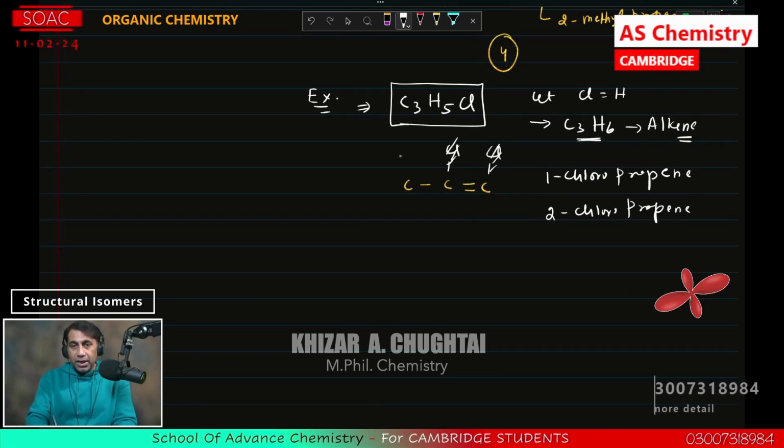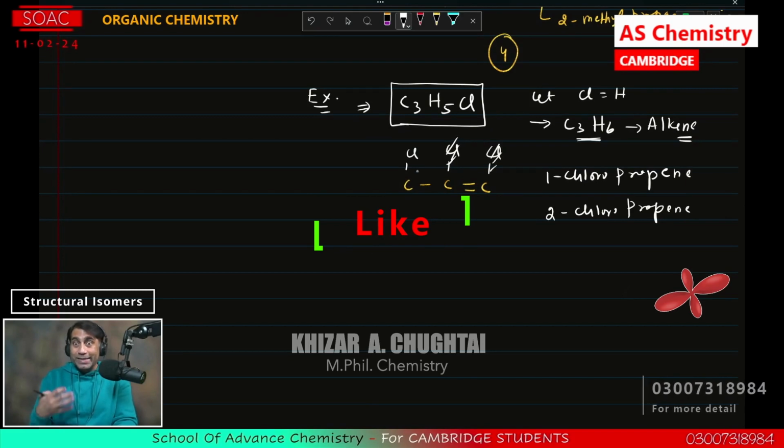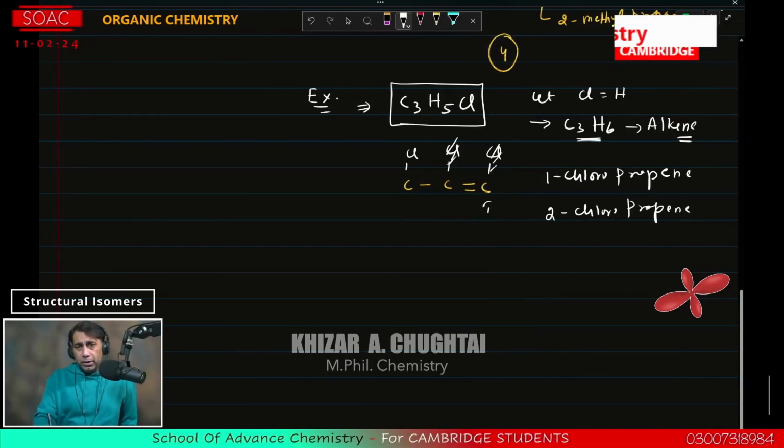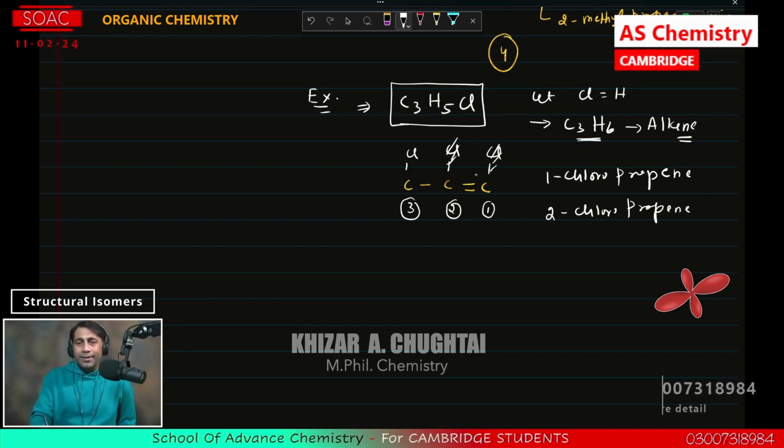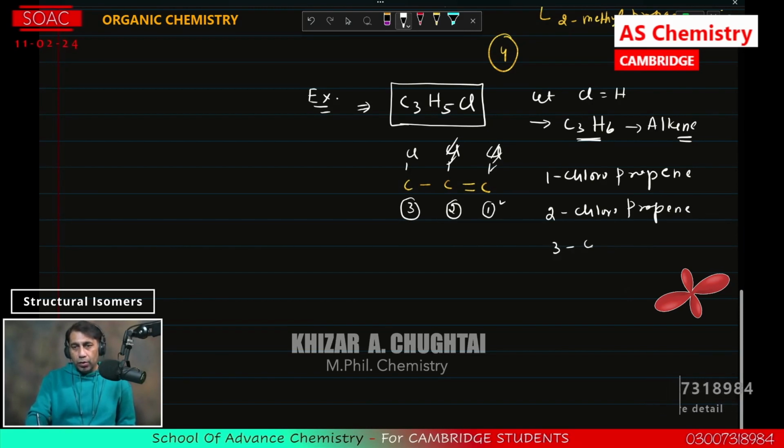If I'm putting this Cl over here, what will be its name? Mr. Tahar Rafiq, please let me know. Numbering will be started from the double bond. This carbon again will be carbon number 1, this is carbon number 2, and this carbon is carbon number 3. So whenever you are going to mark numbering and Cl is present and double bond is present, then the double bond will get preference with respect to numbering. So now its position is equal to 3 and it is 3-chloro